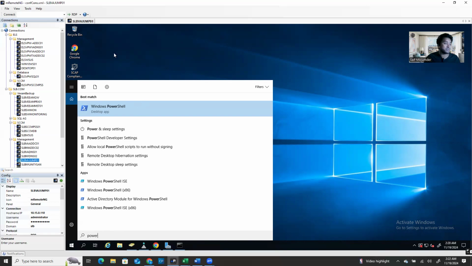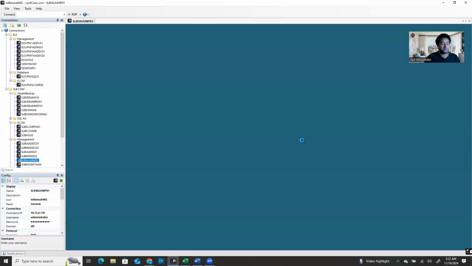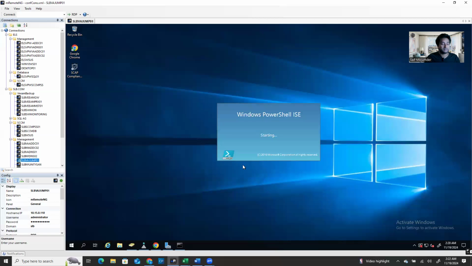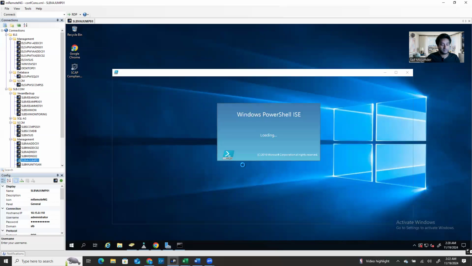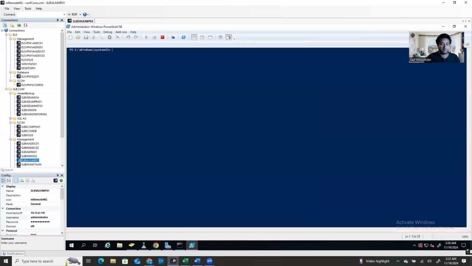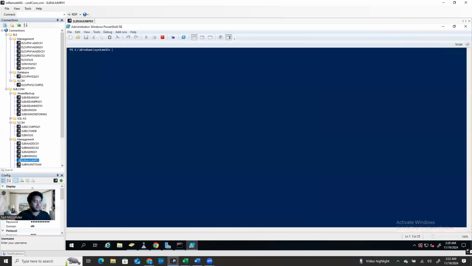That's why it wasn't able to create the shortcut here, but it's implemented in my PowerShell. So I just need to open Windows PowerShell, right click on it, run as administrator, and yes. Okay, so I'm going to expand it and move this one here.